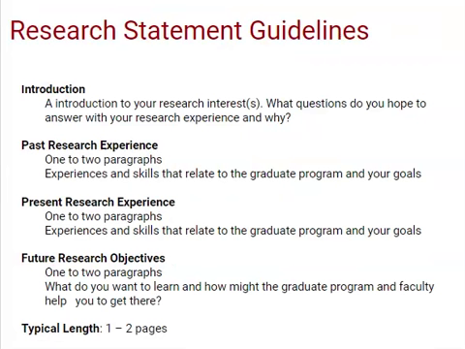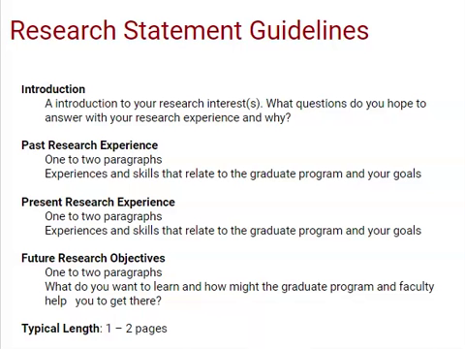The research statement is a common component of graduate school admissions processes in the sciences. Again, the research statement is different than the personal statement in that the focus is on your research interests and broad research questions. In general, the research statement will be 1 to 2 pages in length. It will consist of an introduction in which you describe your research interests.